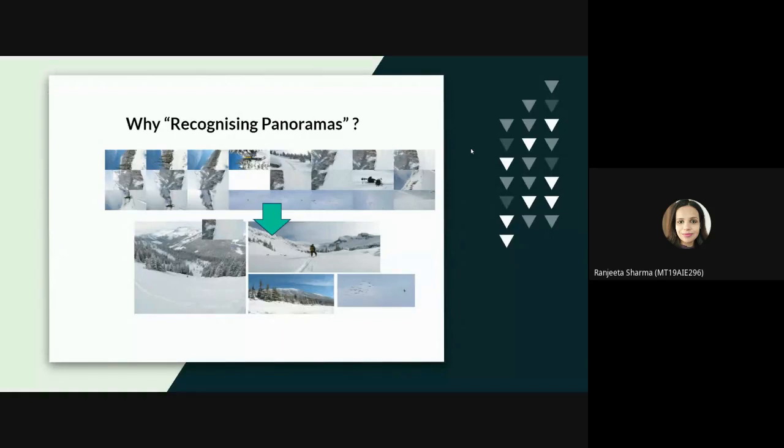As we all know, this technology is widely available, and pretty much available in all smartphones today. It is also used in other domains like medical imaging and remote sensing. This paper talks about the fully automatic construction of panoramas. The problem statement here is to recognize panoramas, as we need to know which parts of the panorama join up.